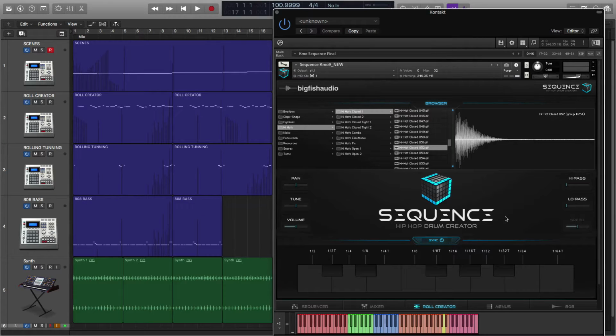Today's tutorial is going to be on the roll creator section, and this is one of the most unique features you'll ever see on an instrument. What this allows you to do is create rolls and runs with any sound, like you used to have to do. You would have to program all that, but now the way we've done it here is, I can